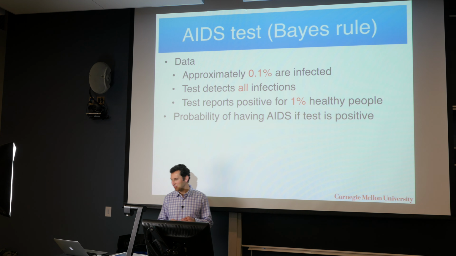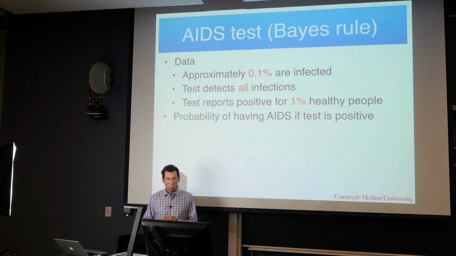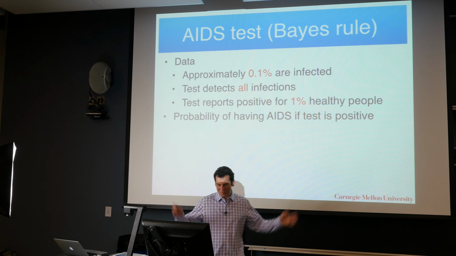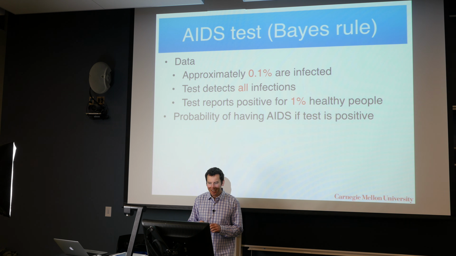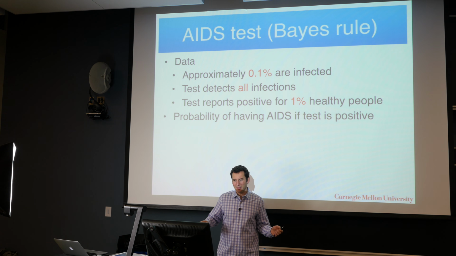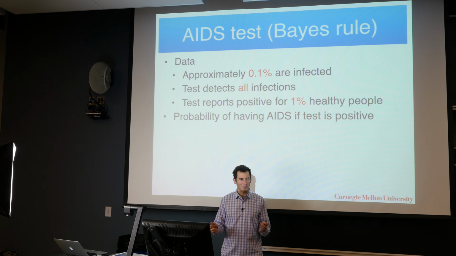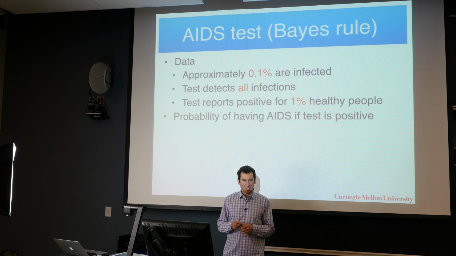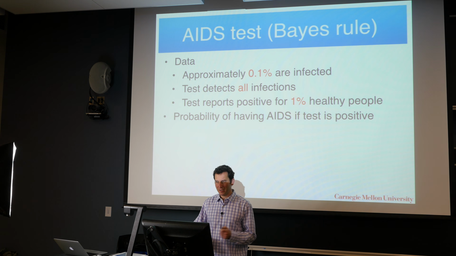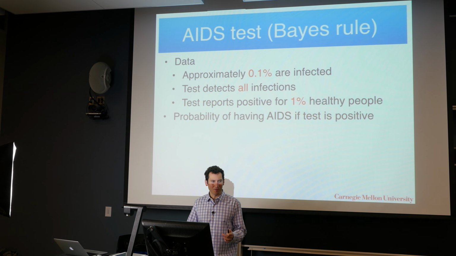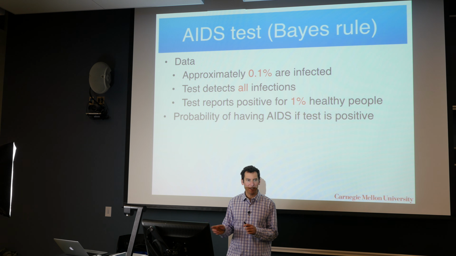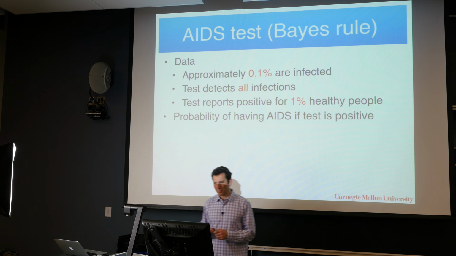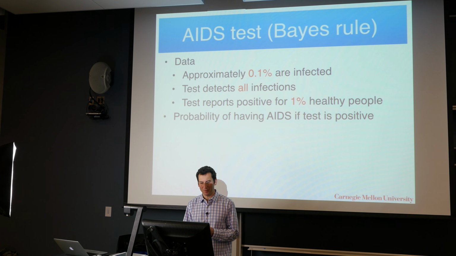So let's pick something a bit closer to home. Let's say I did something naughty and maybe I need to go and have an AIDS test done, right? And let's assume that I live in a country where 0.1% of all people are infected. Let's assume that I go to the doctor and the doctor administers a test, and the test is really good because it will pick up whenever I actually have AIDS. Right. However, there's a catch. This test has a fairly high false positive rate. It will report positive for 1% of all healthy people.